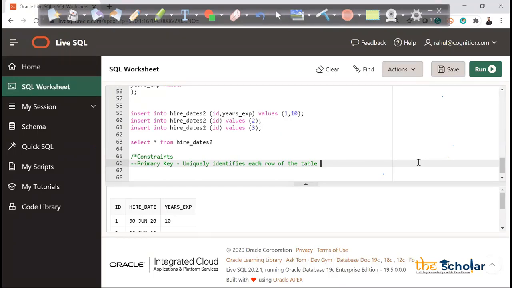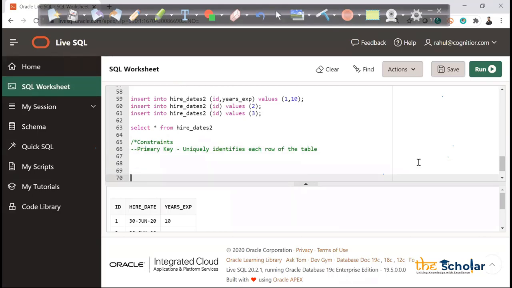Obviously I cannot have the same employee ID for different employees. So employee ID is my unique key. Here I will add one more thing, which is the concept of a surrogate key. I'll come to that also, which is also an important concept. So we'll discuss primary key for some time and we'll talk about surrogate key also.